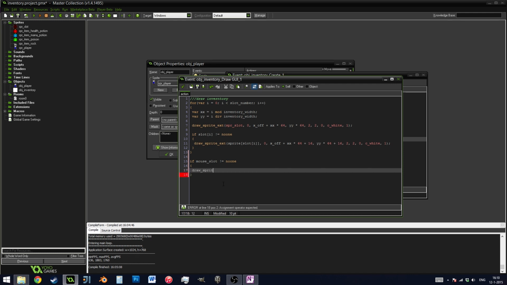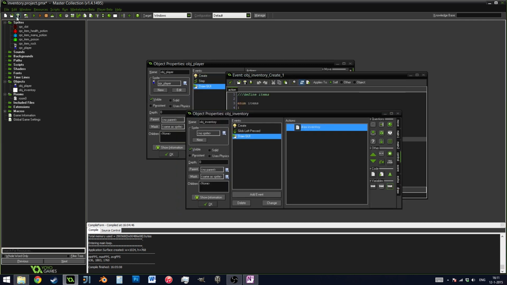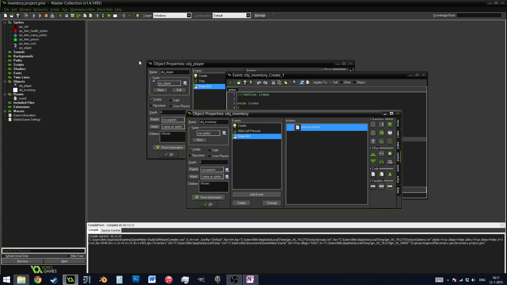draw underscore sprite for x. So our mouse slot sprite, so sprite mouse underscore slot, comma 0, comma x and y will be mouse underscore x, mouse underscore y. X scale and Y scale will be 2 just for YouTube's sakes. Rotation will be 0, color is c white, and alpha is 1. Press OK, save it, press play, and what we should see